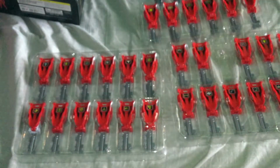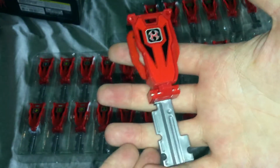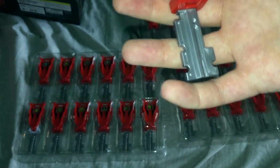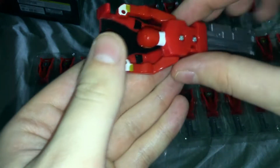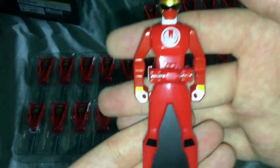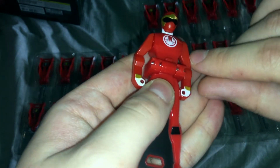So, yeah. So we have Hurricane Red, I think, from Ninpu Sentai Hurricaneger, aka Power Rangers Ninja Storm. Again, last season released on DVD by Shout Factory, for some stupid reason. But yeah, pretty minimalist. The only thing I'd say is I'd kind of wish they did have the gray